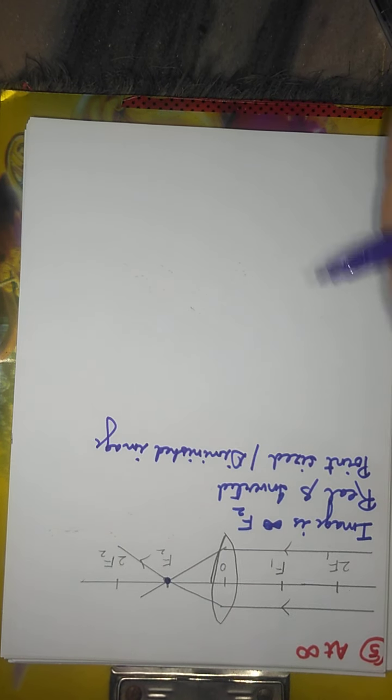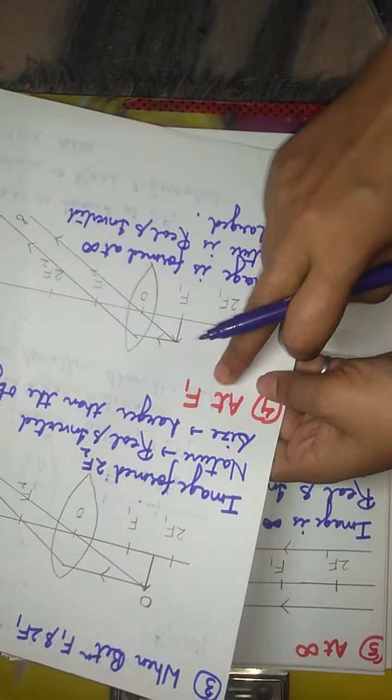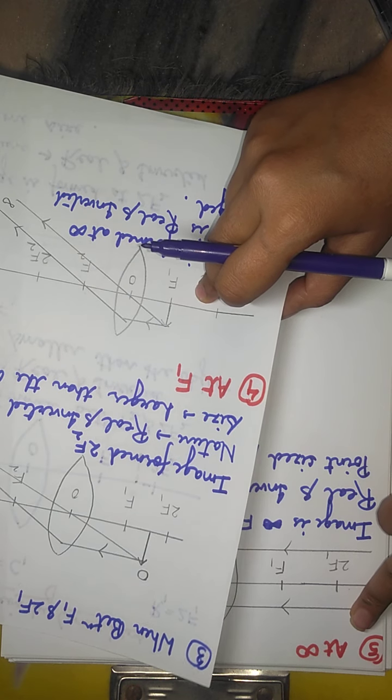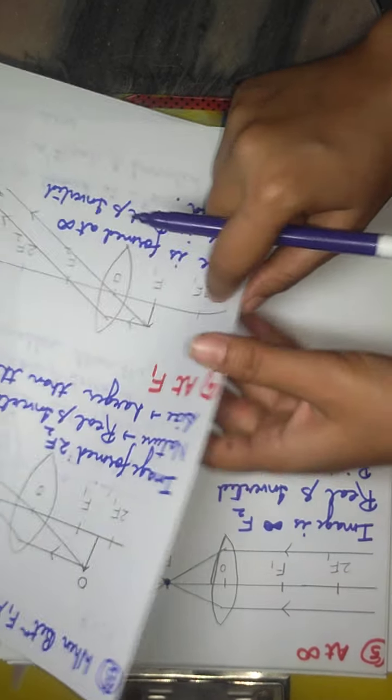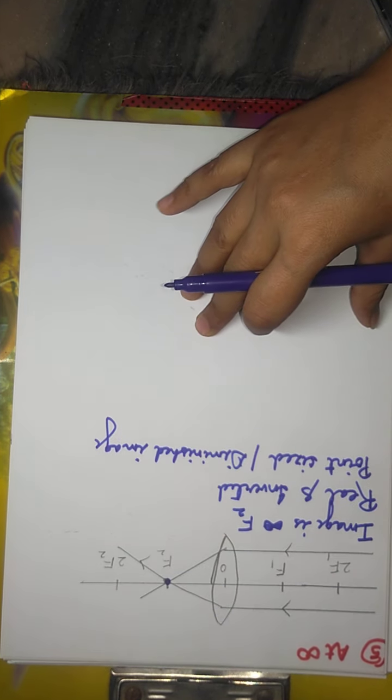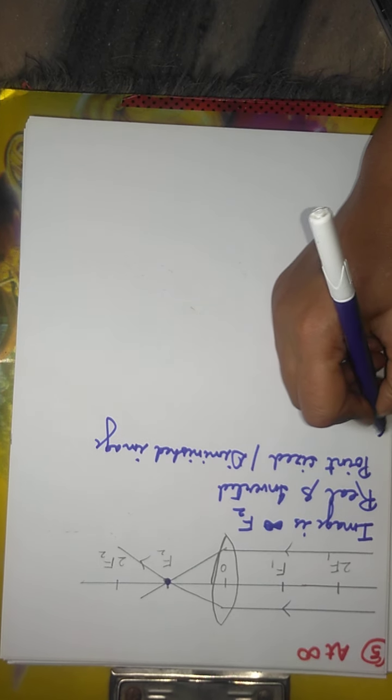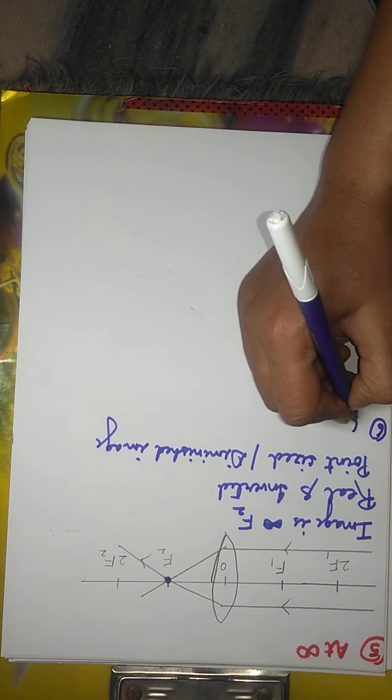So this is the opposite of this one. When the object is at infinity, the image is formed at focus. But remember, the focus are different. In this, the object is placed at F1 focus. And in this, the image is formed at F2. Clear? So now, we'll discuss the last case when the object is